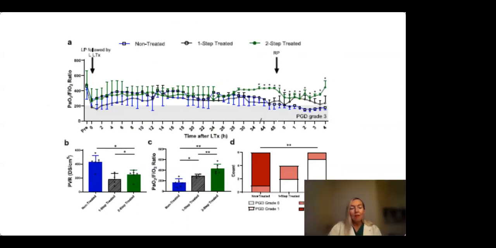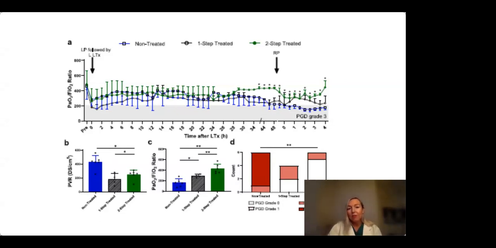So in this figure, you see the PF ratio during the whole time course of the experiment, and you see the PVR and the definition of the primary graft dysfunction afterwards. At the top, you can see the PF ratio. In the start there, you can see the PF ratio before we take out the native left lung, and thereafter you see the ratio after the transplantation and over the time course.